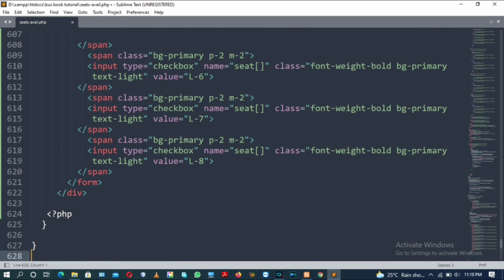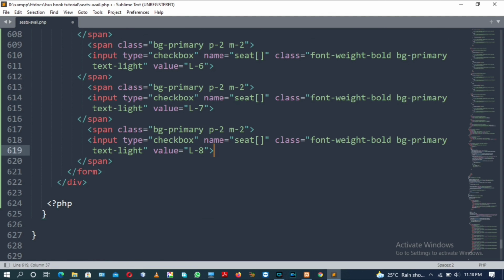So that's it. I have added all the span tags for different seats as per our requirement.